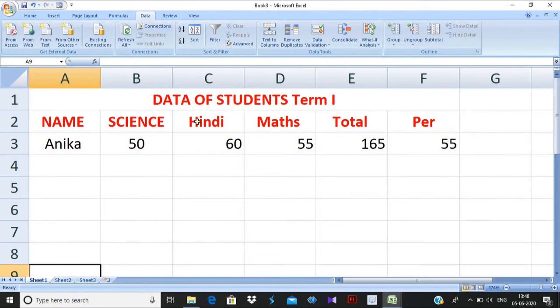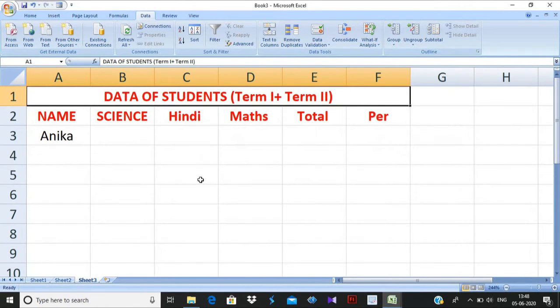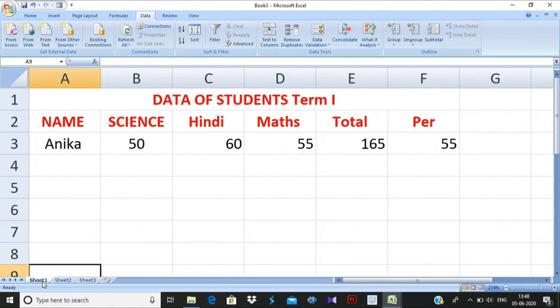These are the marks of the student for term first only, and these are the marks for term second only. But in the third sheet I want the addition of term first and term second. So how will I do it?